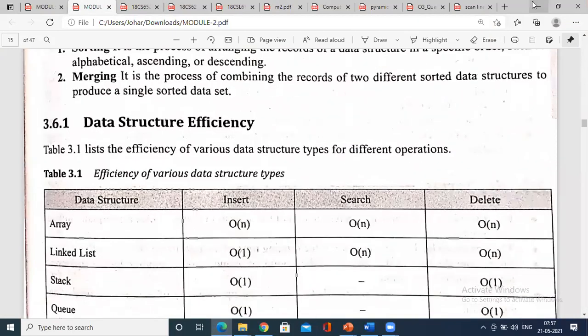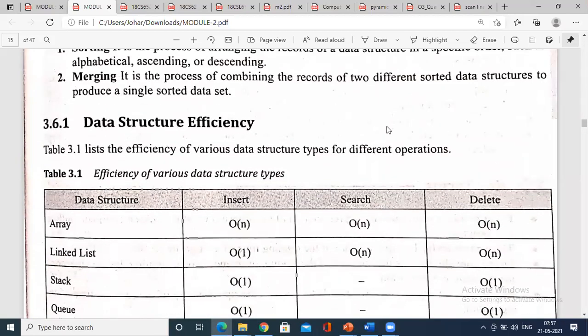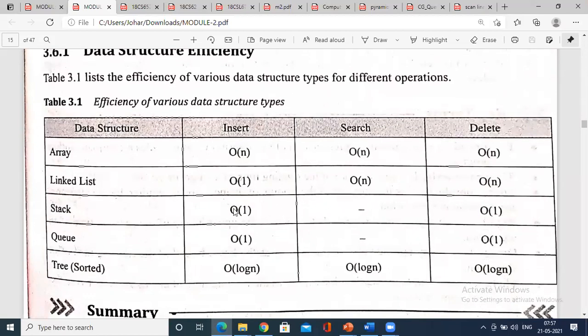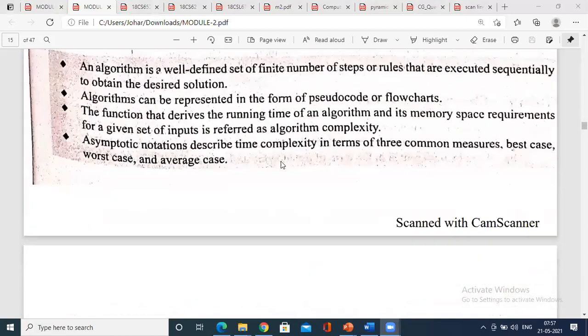So how do you measure the efficiency of our data structure? This is the efficiency of various data structures. This is a list of the efficiency in the case of various operations. You just have to remember the formulas. These are all with respect to the big O notations. So I request you to remember them to some extent. In fact, we will come across them as we go ahead with the module. What is this efficiency?